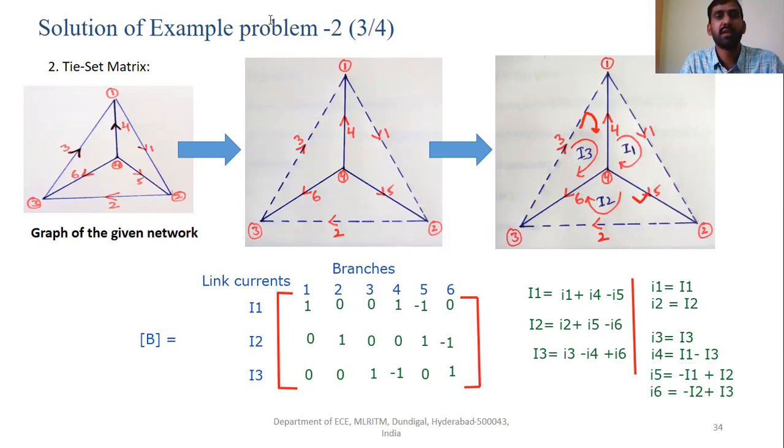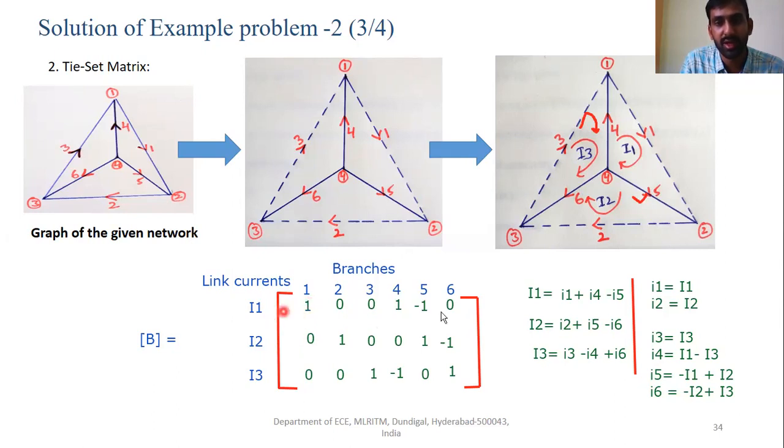So how did we get these equations? Listen carefully. The rows are nothing but the link currents, and the columns are nothing but the branch currents. The link current I1 is here. With respect to the matrix elements, if it is 1, where is 1 here?